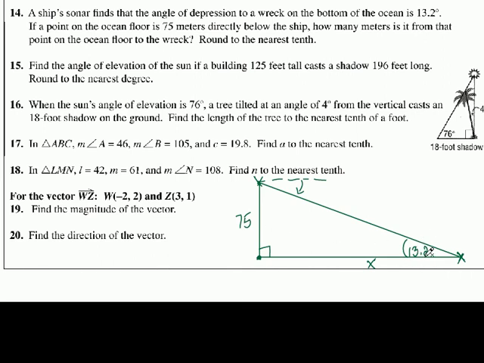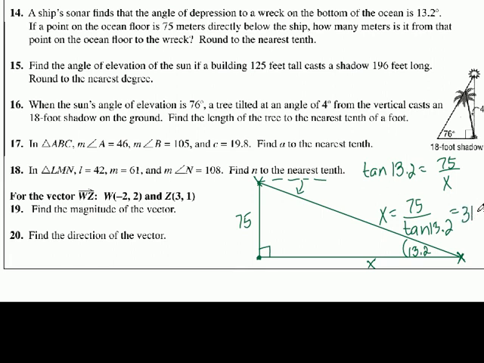Look, our favorite trig function, isn't it? Opposite, I don't know if it's our favorite or not. I like it. It's opposite over adjacent. We use it quite a bit. It's tangent. So it's the tangent of 13.2 equals the opposite, which is 75, over the adjacent, which is x. Solve for x. Remember what we do with these? Just kind of change places. Put the x on the top, put the tan 13.2 on the bottom. So x is 75 divided by the tangent of 13.2. Chuck that into a calculator, and you should get